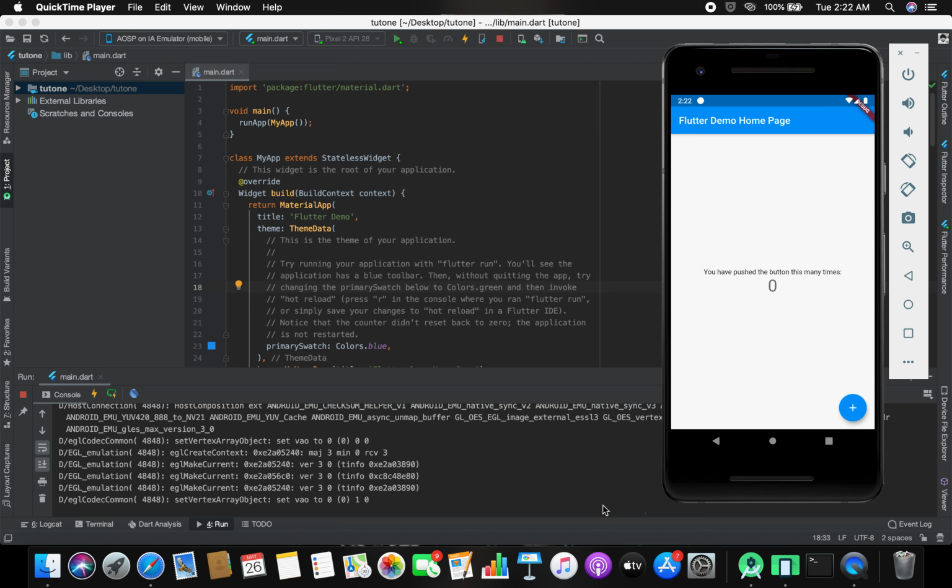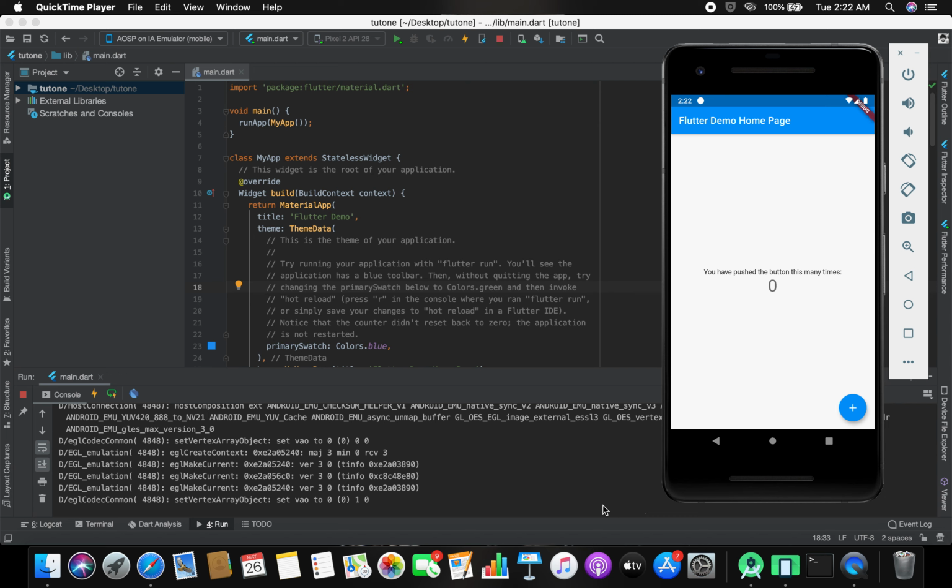For now, we will only be focusing on mobile apps as the desktop application development is in alpha channel and it's not stable and there is no full support. So we will be heading to the mobile only for now.